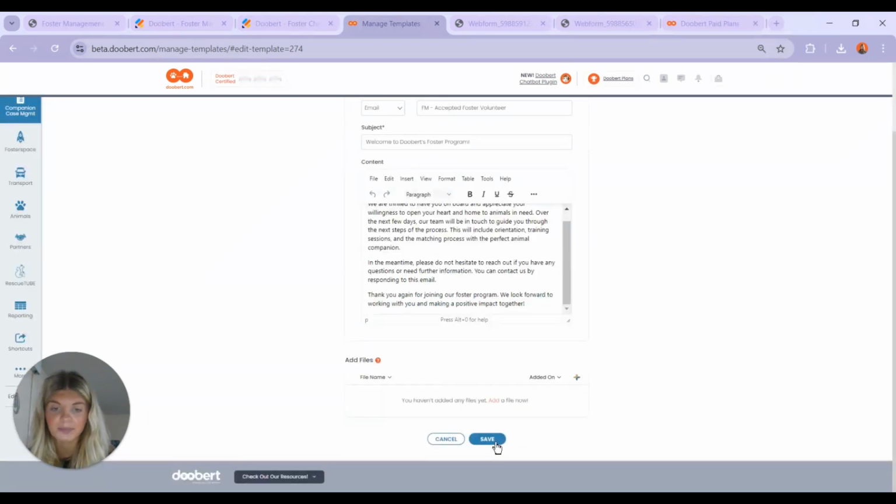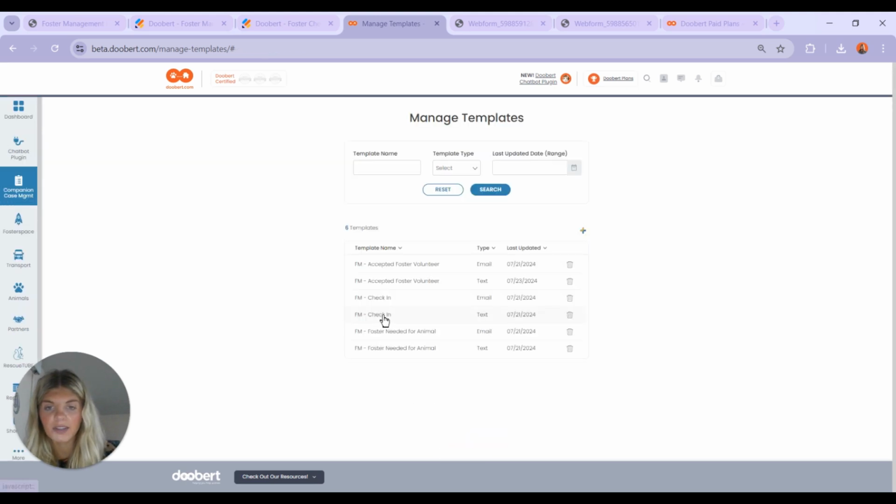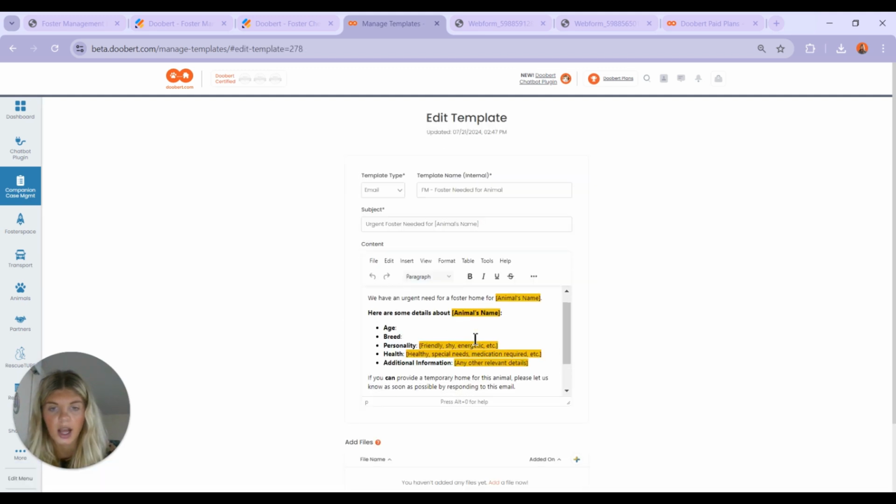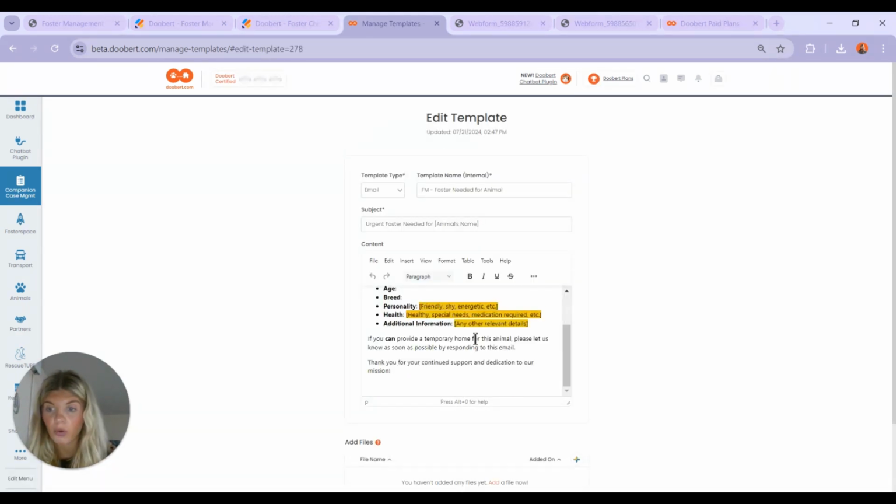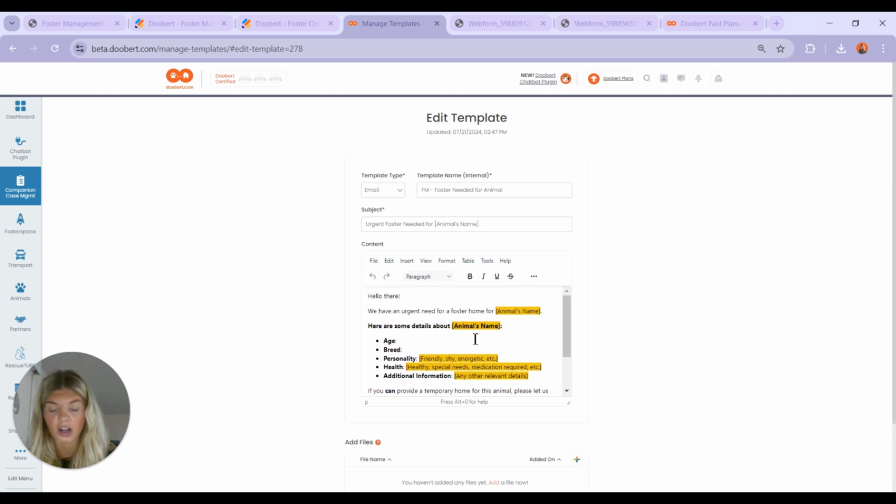Super easy, but as we click out of this one, we also have our check-in. We have the foster needed one as well. So I'll show you guys this one here. And this is a great one because this is a template rather than a workflow. So if you have a potential foster and you want to see if this pet, for example, is going to